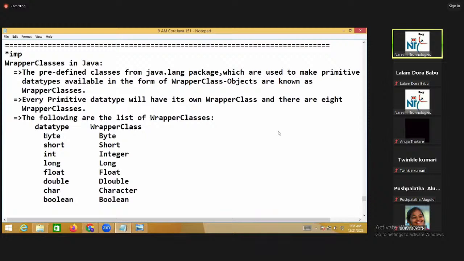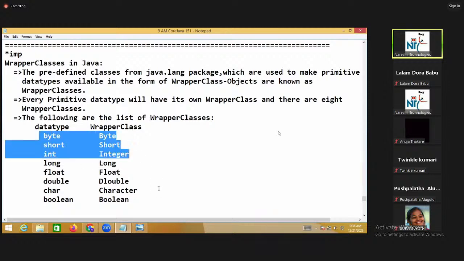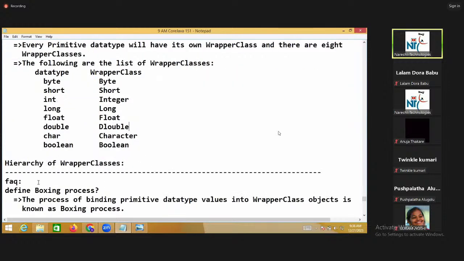The list is available like this: this is the data type, this is the wrapper class. To identify a class, the starting letter will be capital. Byte, Short, Integer, Long. So, data type and its wrapper class.